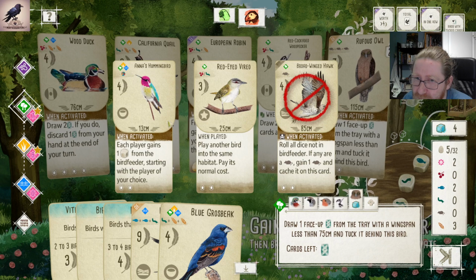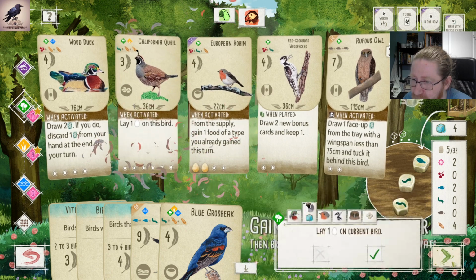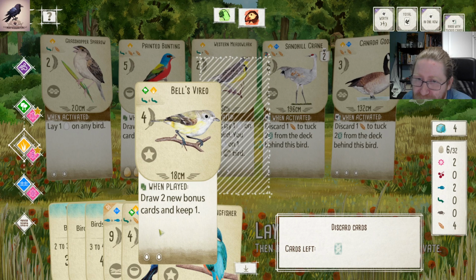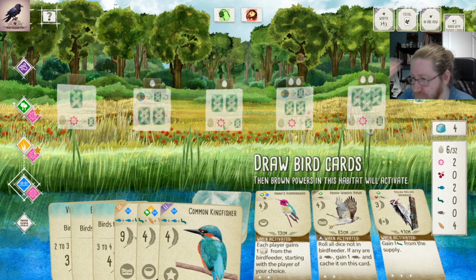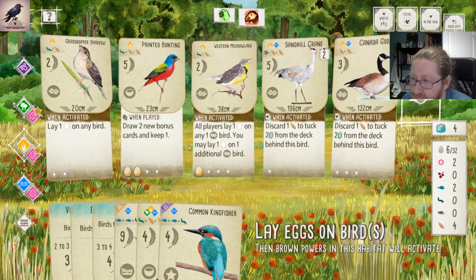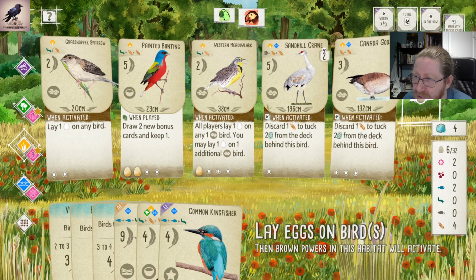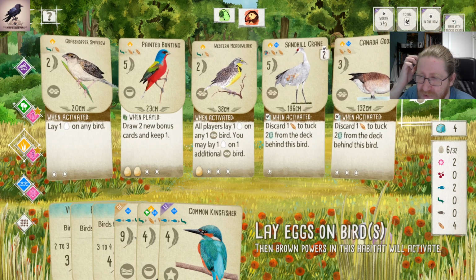Then we are disregarding that, check that. Let's take another grain, I think. Lay an egg, and we are picking up stuff here. Let's see. We are already full in both of these habitats, so we can't play the Bell's Vireo, so you go back to the deck. And yeah, we now have plans for one activation over one taking here, and then we can activate fully this habitat twice, and then we don't have a